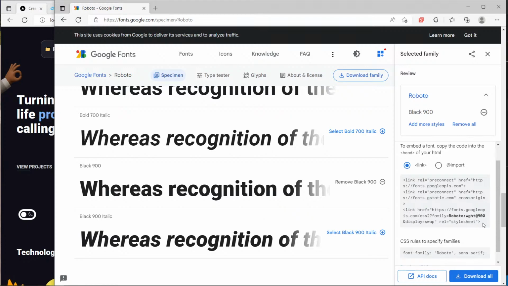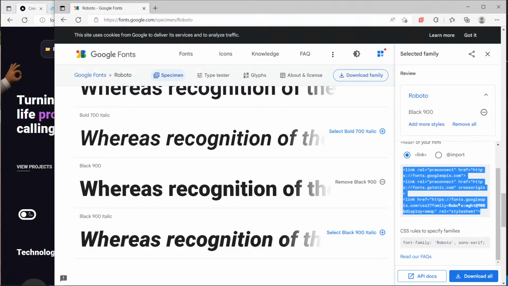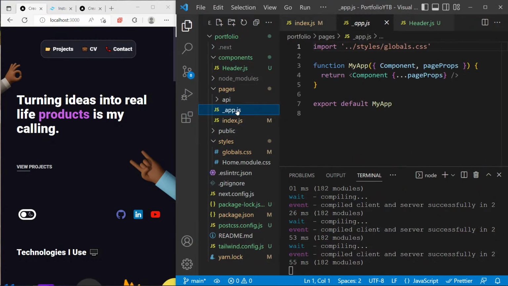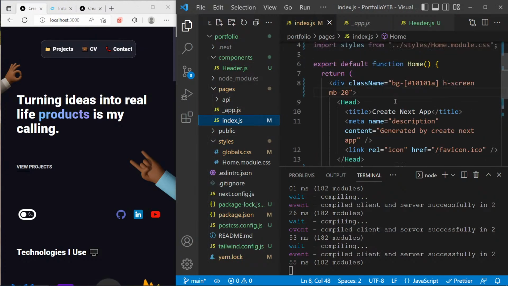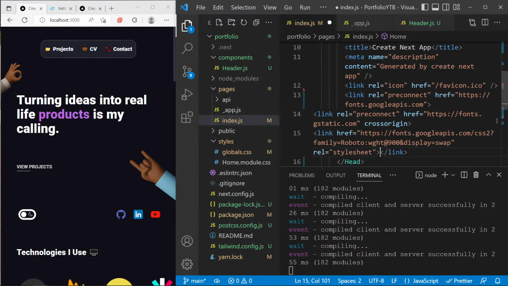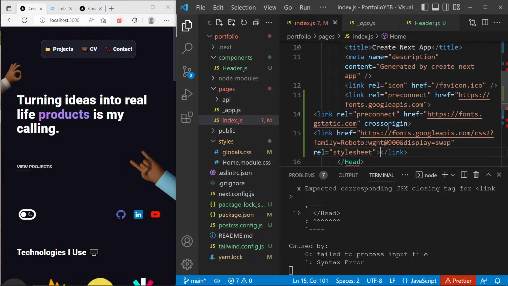So with this link we're gonna copy this, and if we go to our app.js or index, no, to app.js, let me see, here at the top we can import this. So I'm gonna import this right here. Let me save this. And the problem is that we are not closing the link tags. So we have this one that is not closed. Save this, and then